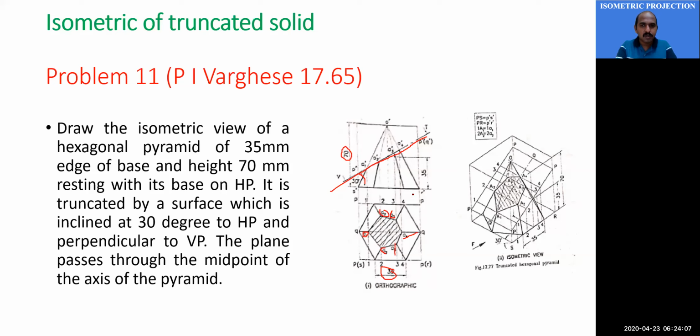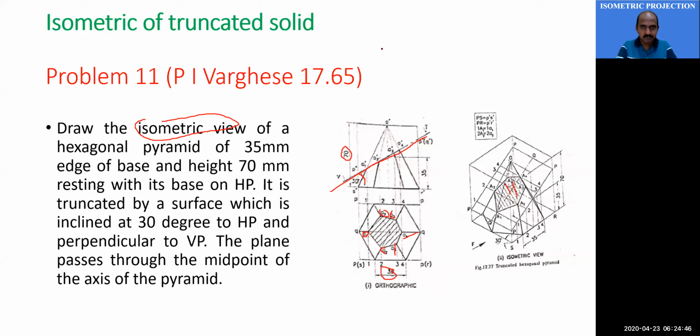So now you enclose the top view and the front view. Please remember, you enclose the top view of the solid and front view of the solid in a corresponding rectangular box. Now the question is for drawing the isometric view. So you can follow the same dimensions as given in the orthographic projection. This is the isometric view. In the isometric view, here is the section, so you need to hatch the section portion.